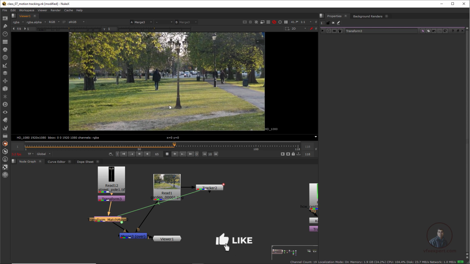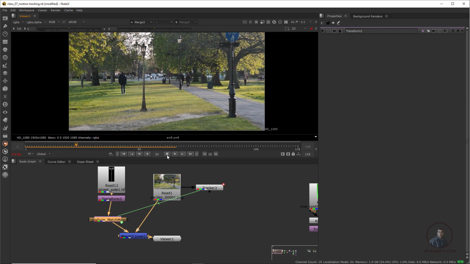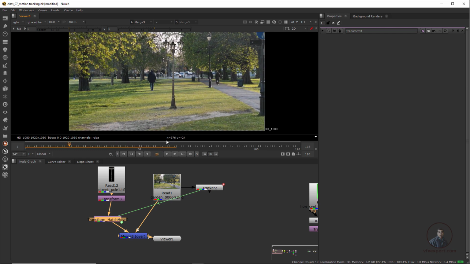Now just stop it here. Just check only this frame. Now just check here. Simply click, play and check. Now if you see, this is looking good here. This is actually following our shot motion here.